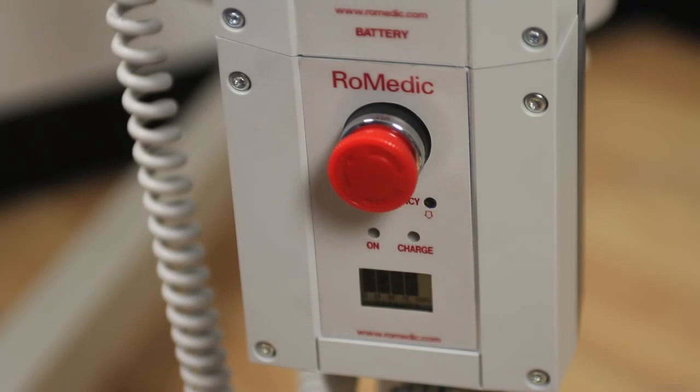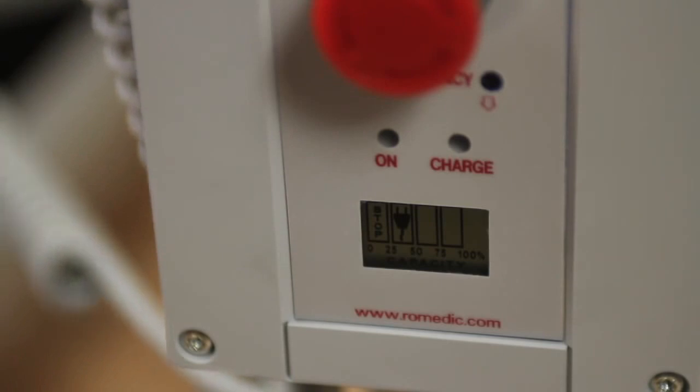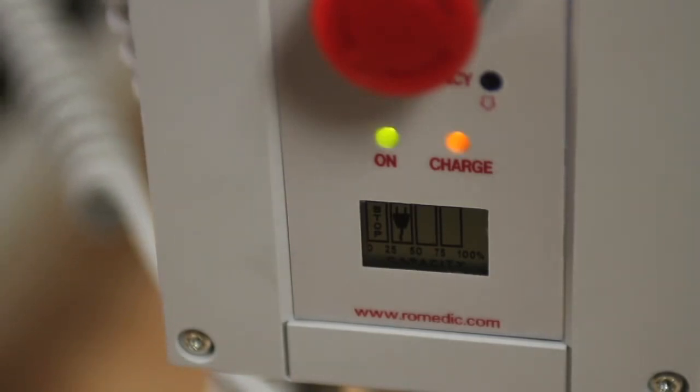With the built-in lift charger, take the coiled cord and plug it into a regular wall outlet, and then check that both LED lights on the control box are lit, signifying that the battery is receiving a charge. The green LED light indicates that the charger is receiving power, and the yellow LED light indicates that the battery is charging. In case none of the LED lights light up,